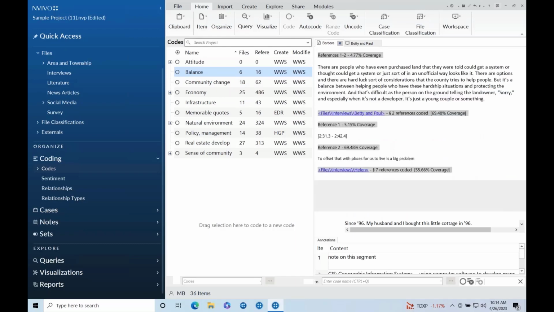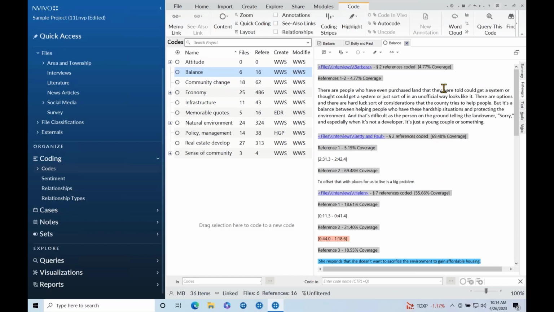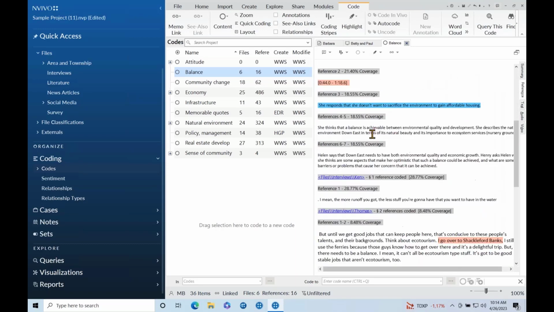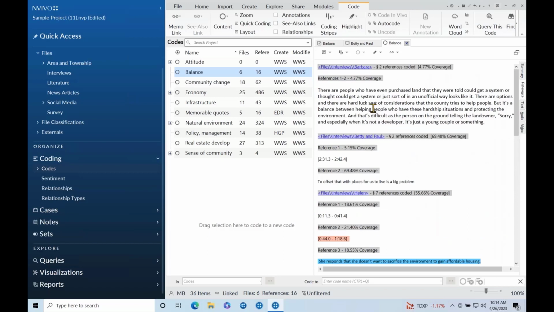If I just open this code right here, this one is quite interesting because what we see is the first coding comes from a document, Barbara. So we have some coding that is just text data, which we can read through. We have some other documents here that are coded as well, where we also have pieces of text. So we could now go ahead, read through everything and make up our mind about what everyone had to say